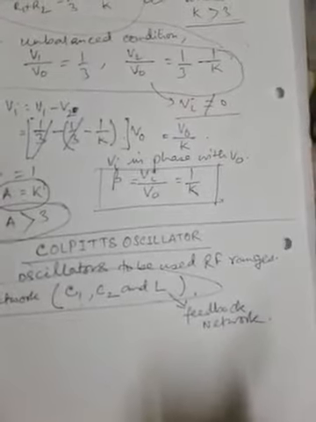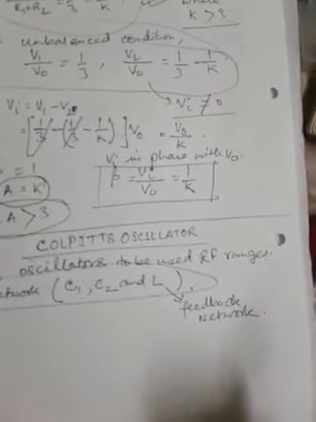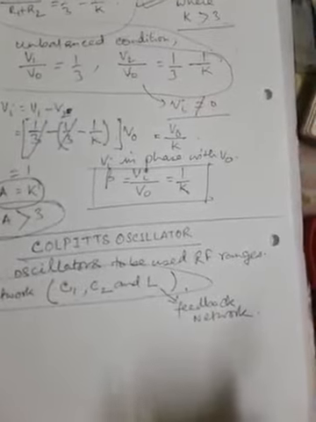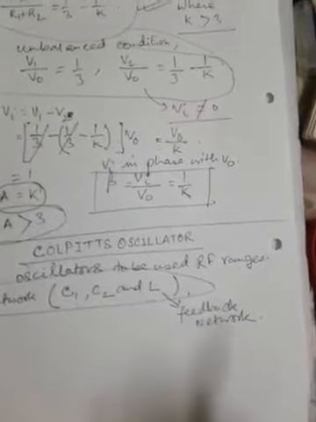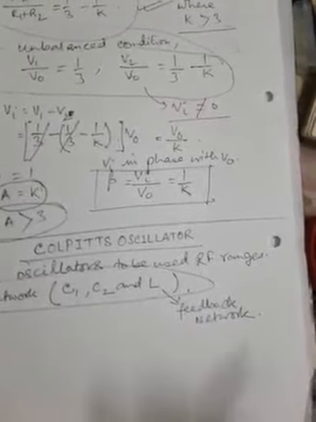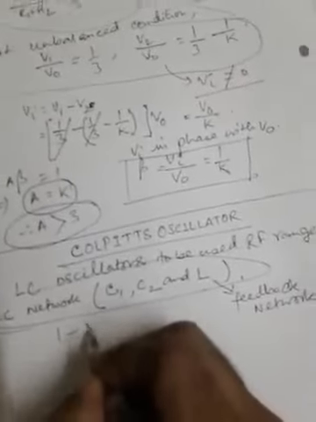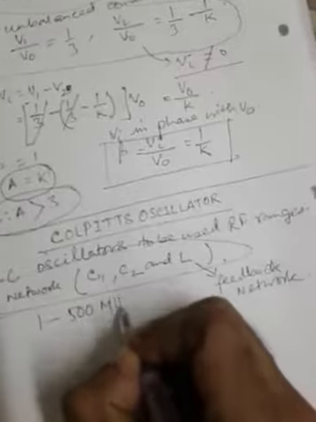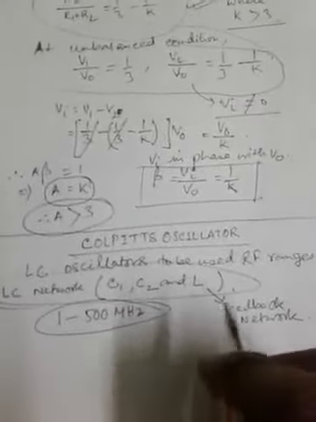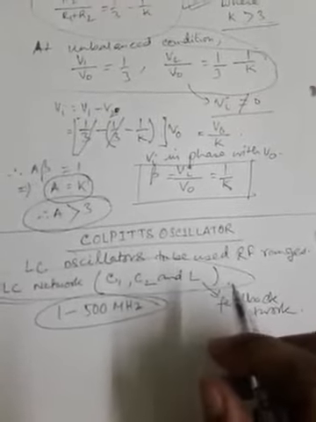Now one way to produce high frequency oscillation is with the use of LC oscillators, a circuit that can be used for frequencies between 1 and 500 megahertz. So between 1 and 500 megahertz, these LC oscillators can be worked with, and this frequency range is beyond the